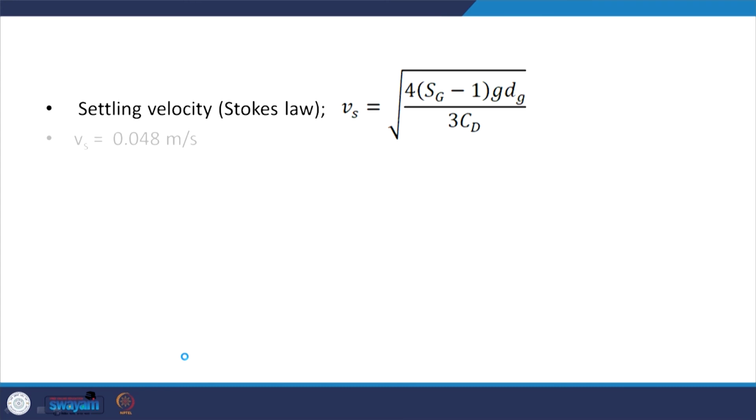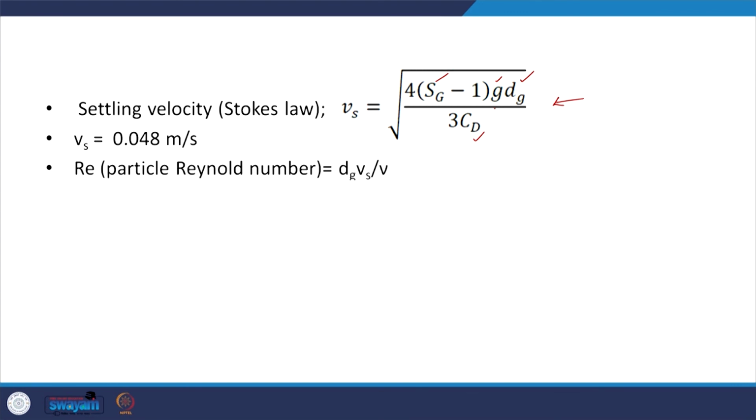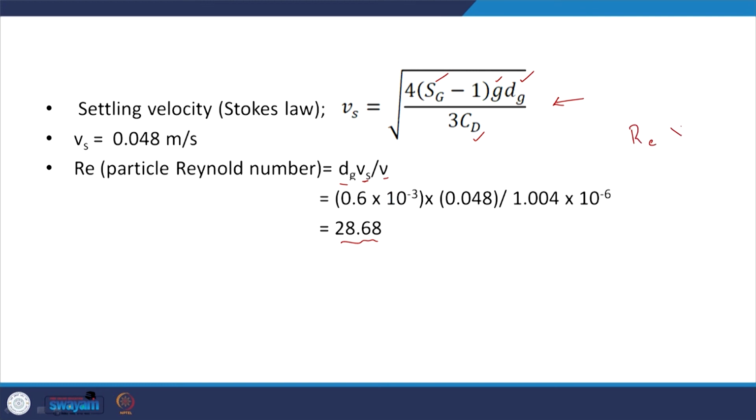So, Stokes velocity, we have the relevant equation, and this is specific gravity, the diameter, coefficient of drag, and from that you can calculate the relevant settling velocity and Reynolds number. So, we have the diameter, kinematic viscosity, and the Stokes velocity, and from that you are able to calculate the Reynolds number. It's Frockheimer's flow, as expected. Yes. So, we calculated the Reynolds number, we calculated the Stokes velocity, and now we will use the